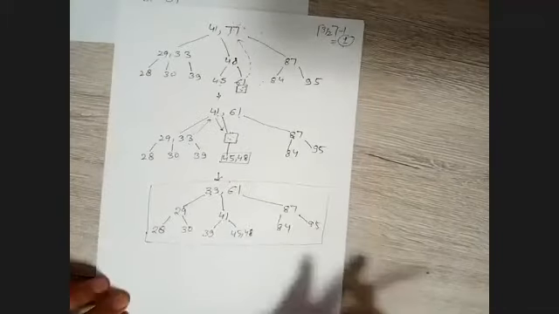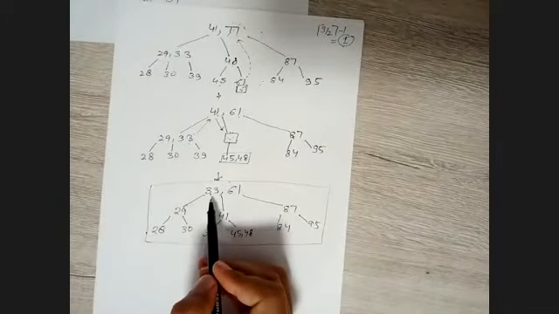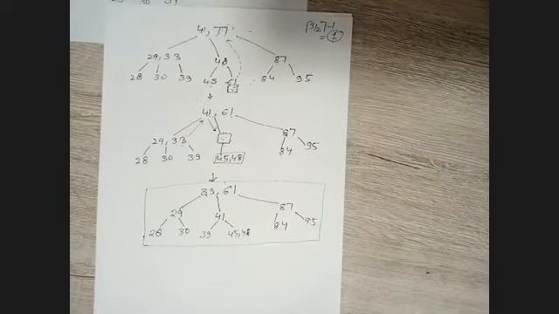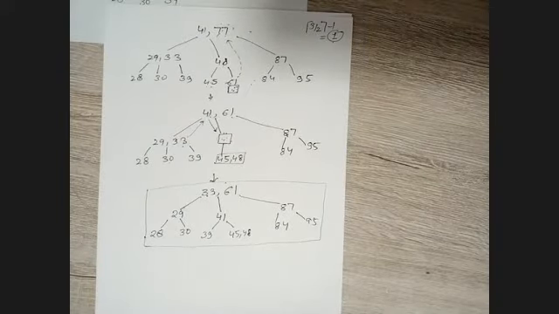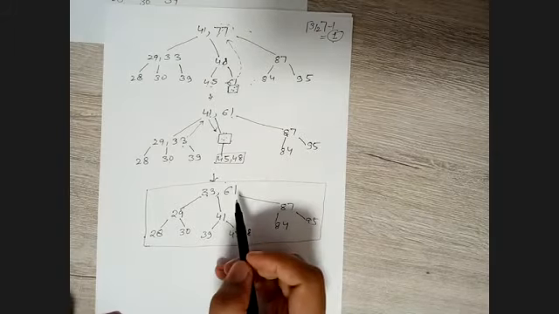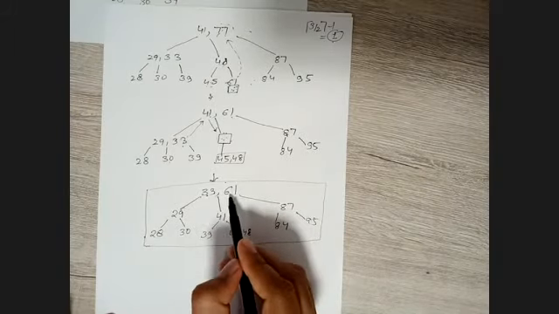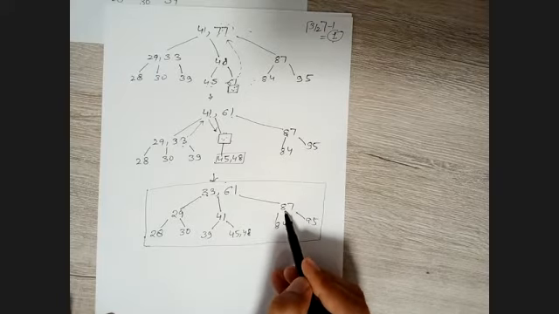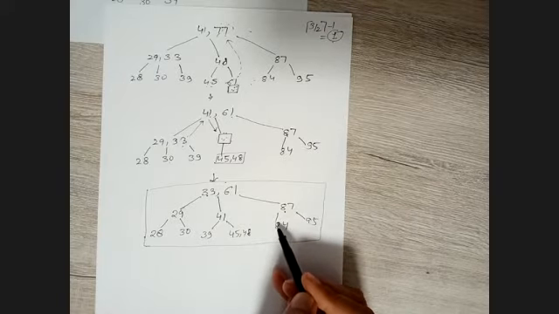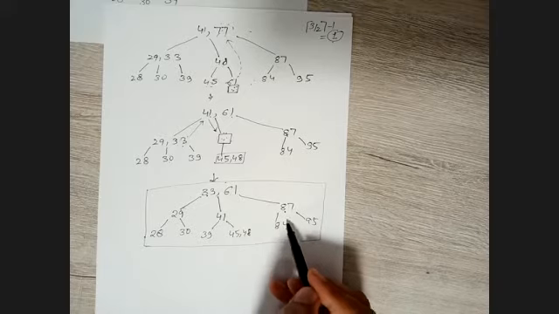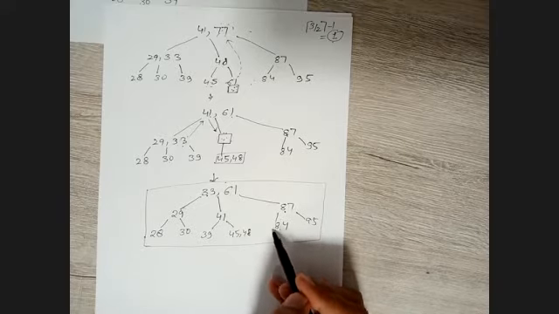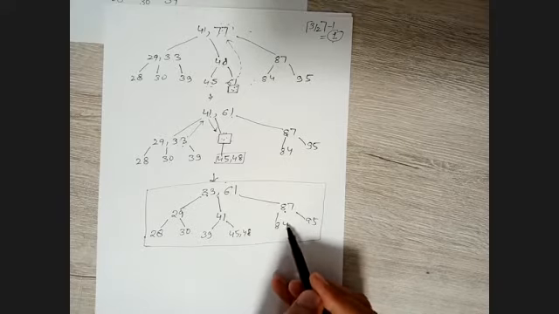So where is 84? Again, we need to search, right? So as I told you in the previous video, we need to first find out in which node this key is present, whether it's leaf or internal. So 84 is greater than 61 here. 84 is less than 87. Okay, here now. But when we perform the deletion operation in this node, we have only a single key,